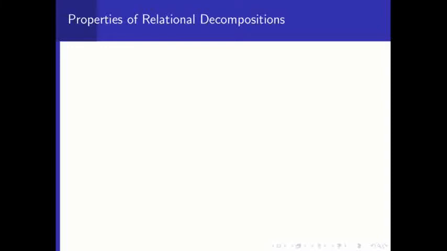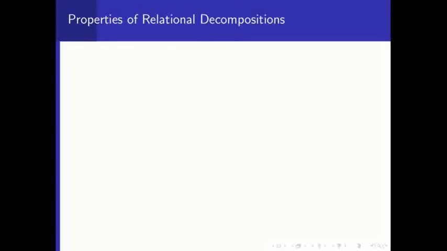Now, in today's class, we will be looking into the properties of relational decompositions. That means, for example, when you check a given database schema and you find out that it is violating some normal form conditions, for example, a relation schema is in third normal form but not in BCNF, you have some algorithms to decompose that into separate or individual relational schemas.